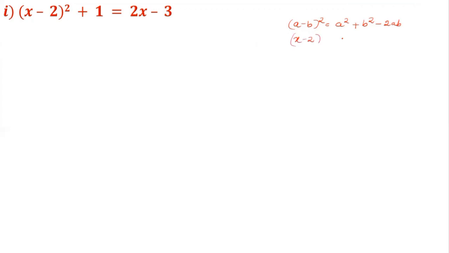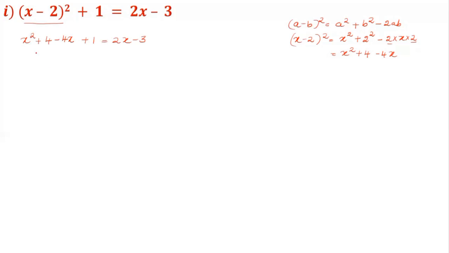So, x minus 2 whole square is equal to x square plus 2 square minus 2 into x. So, x square plus 4 minus 4x is equal to x minus 2 whole square. So, x square plus 4 minus 4x plus 1 is equal to